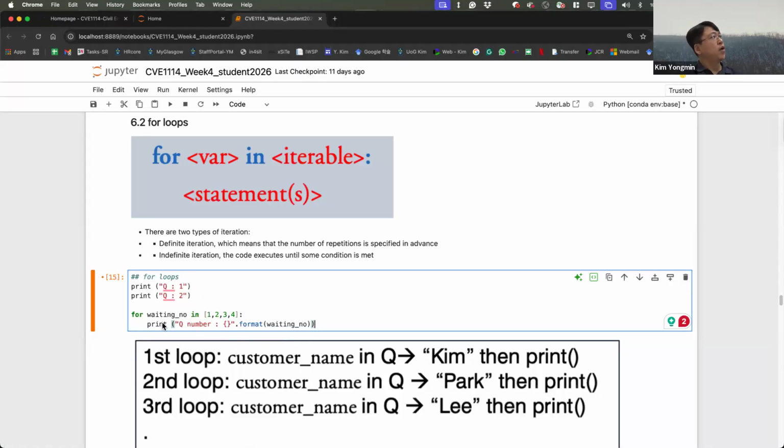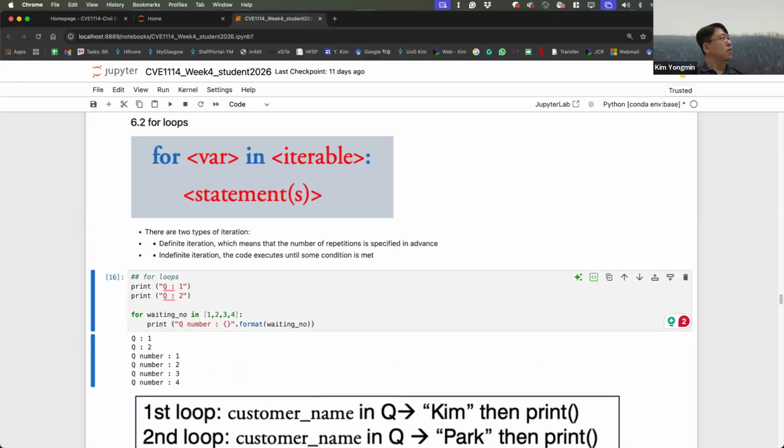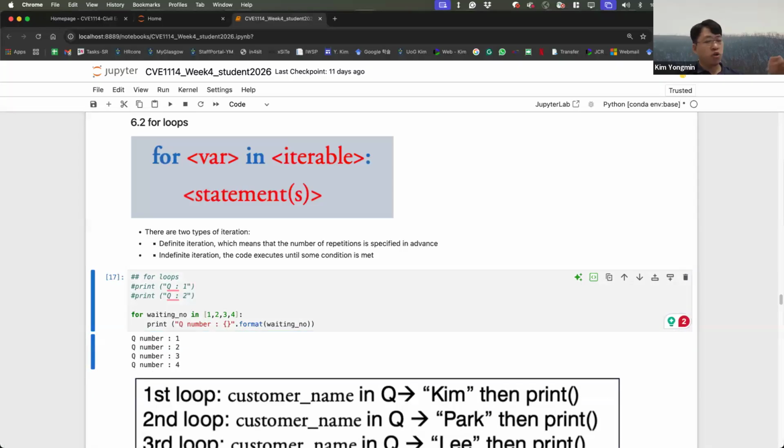And then waiting number also can be 2, goes to here, 2, and prints out 2. And up to waiting number 4. Something like that. Okay, I will make this a comment. I don't use this because it's very tedious and repeated work. But the for loop just does it: your Q number 1, Q number 2, Q number 3, Q number 4.